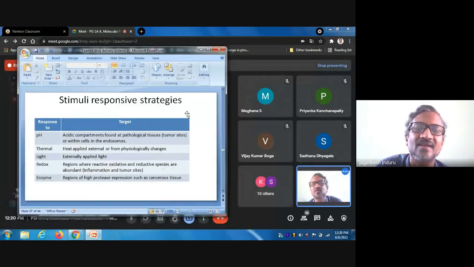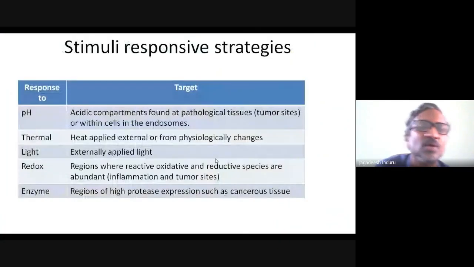So this is actually what is called stimuli-responsive strategies. There are different stimuli that will help us take our drug specific to that particular site. One stimuli response is pH. The target is the acidic compartment found in pathological tissues, most of the time in the tumor sites, because